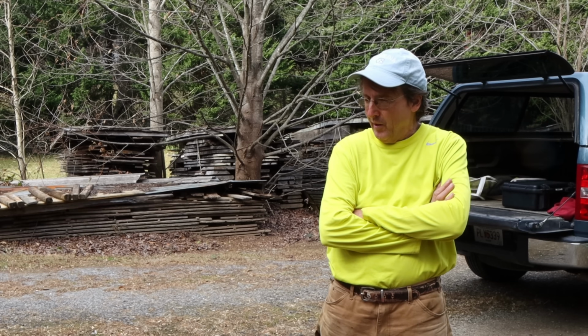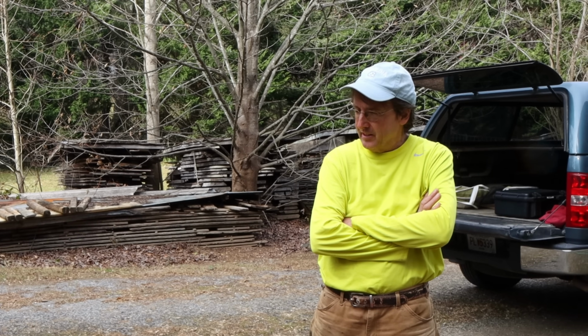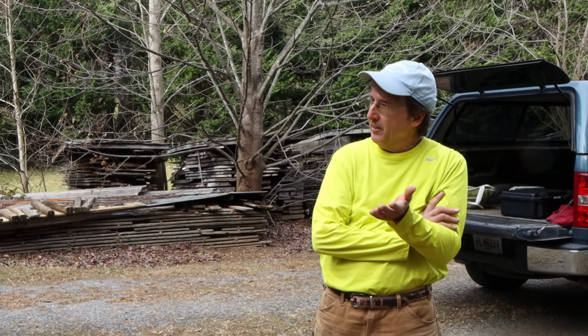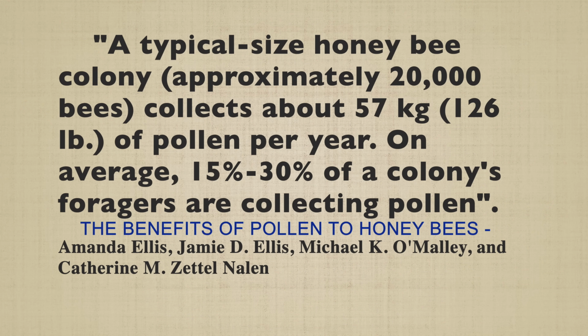I think I read somewhere that a hive actually uses something like 50 to 60 pounds per year of natural pollen that they gather. Is that right? Well, I actually read one source that said 120 pounds. Whatever it is, it's a lot more than people think. So if you're only feeding them, even if you fed them 4 or 5 or 6 pounds of this in